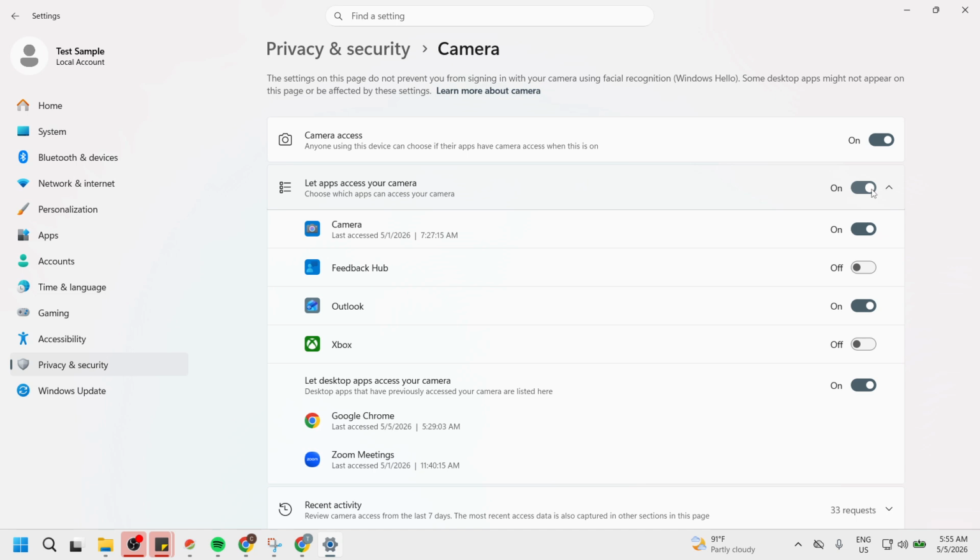If a permission prompt appears, choose Allow so the site can use your camera. If you have more than one camera connected, you can pick the right one from the device list inside Meet's settings later. That's it. By confirming the browser's site settings for camera and enabling camera access in Windows Privacy and Security, you've cleared the most common causes of a blocked camera in Google Meet.